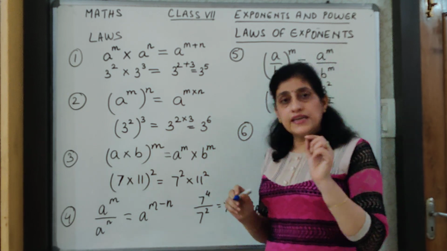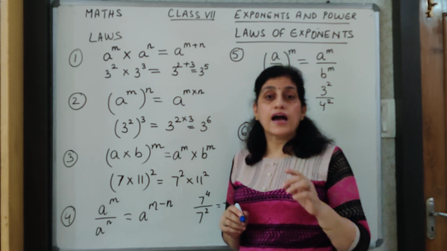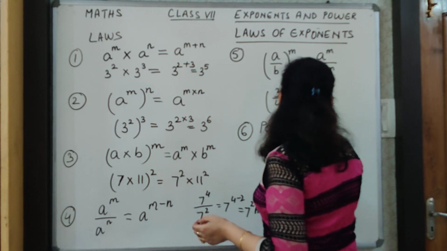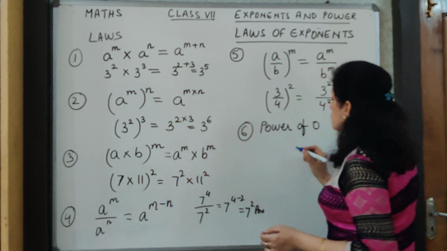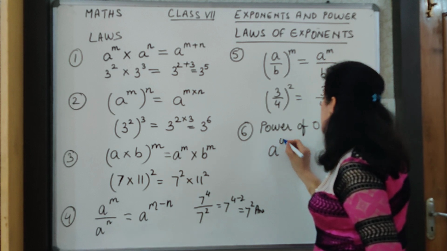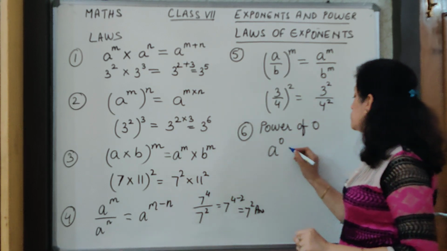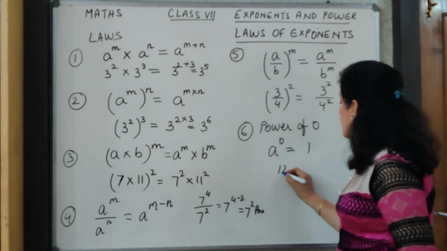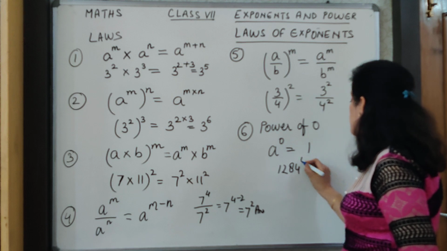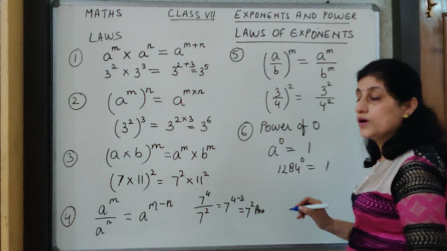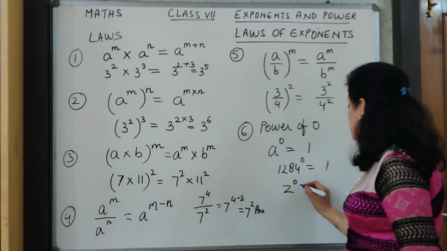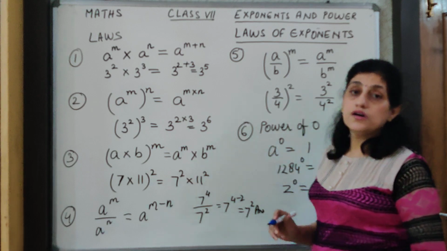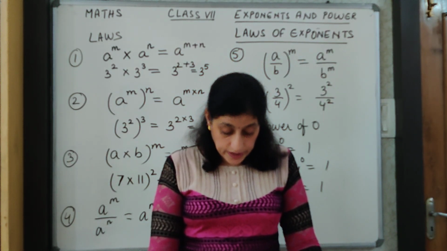Then we are coming to any base we have and a power of 0. So what are we doing over here? We are doing power of 0. Any base to the power of 0 always gives you 1. This is always 1. Whether it is 1, 2, 8, 4 to the power of 0, this will become 1. Whether it is z to the power of 0, this will become 1. So any base to the power of 0 returns 1 always.